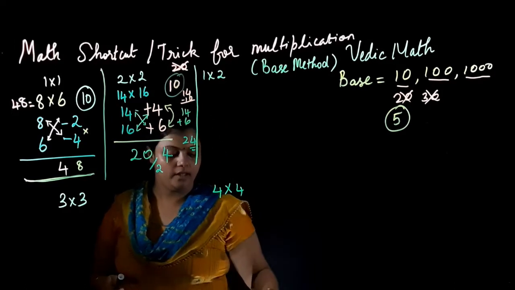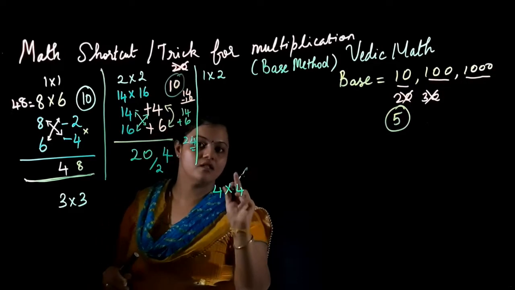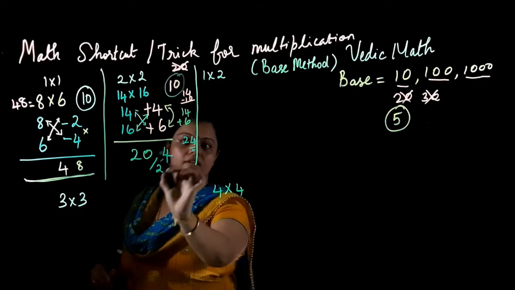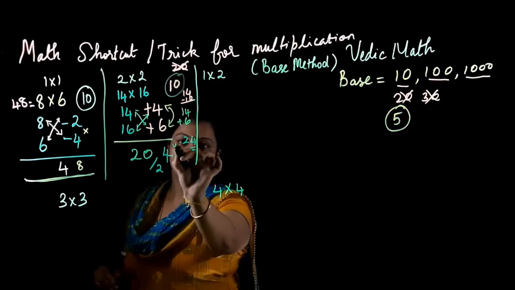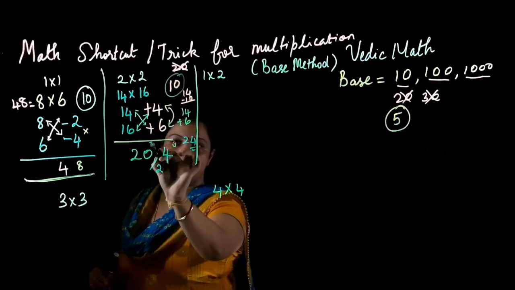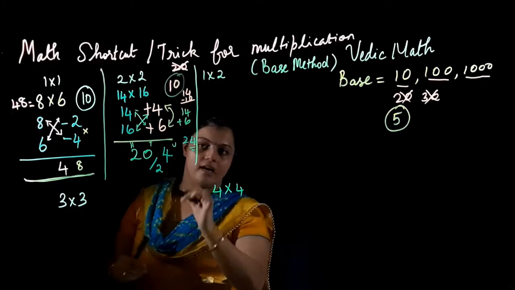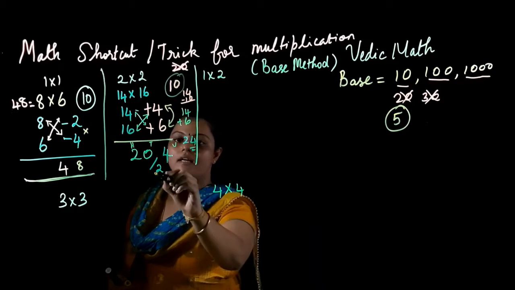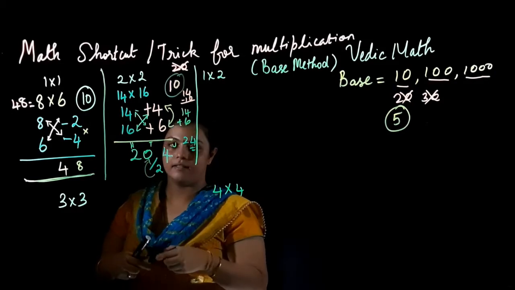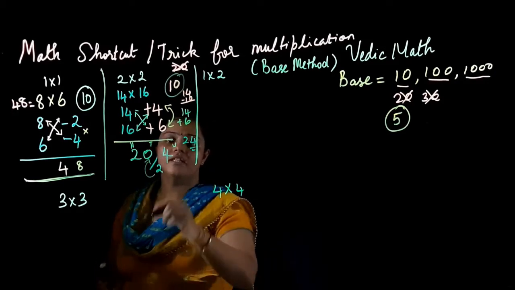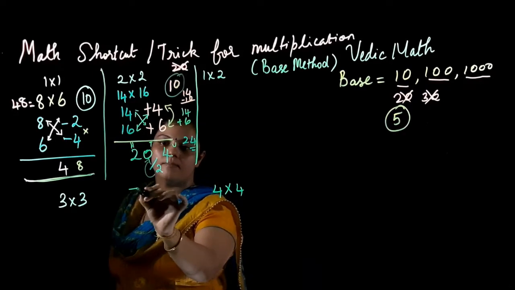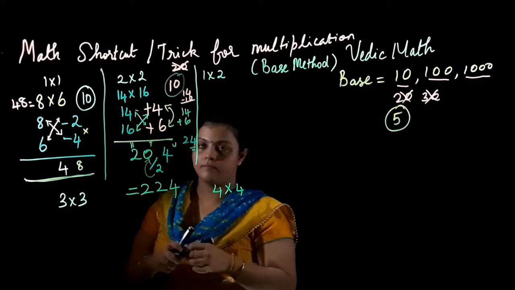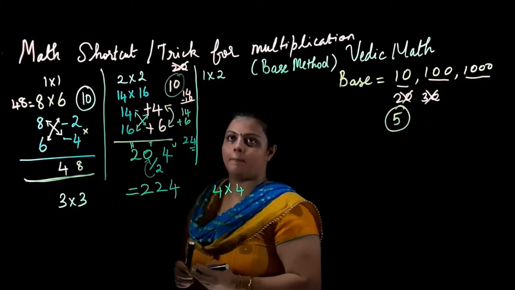So if you take a look at the number, we have the answers in two parts. We have two numbers here, and here we have one number. So we have taken this to be units, then this is going to be the tens place, and this is going to be the hundreds place. I told this 2 will be carried forward to this tens place, right? So if this 2 has to be carried forward to this tens place, my answer is going to be 2, 2, 4, which is the required answer for this sum.